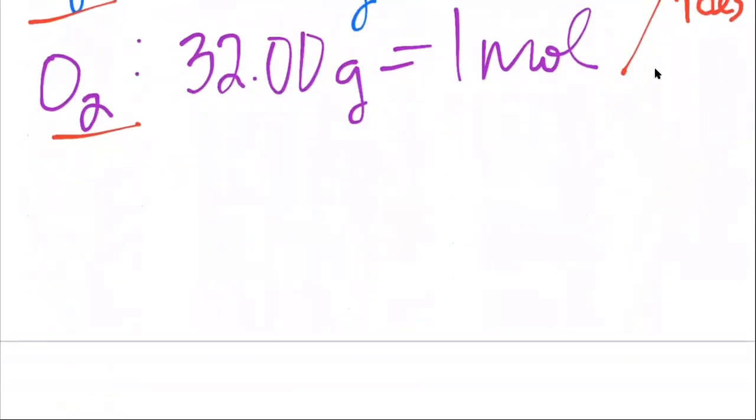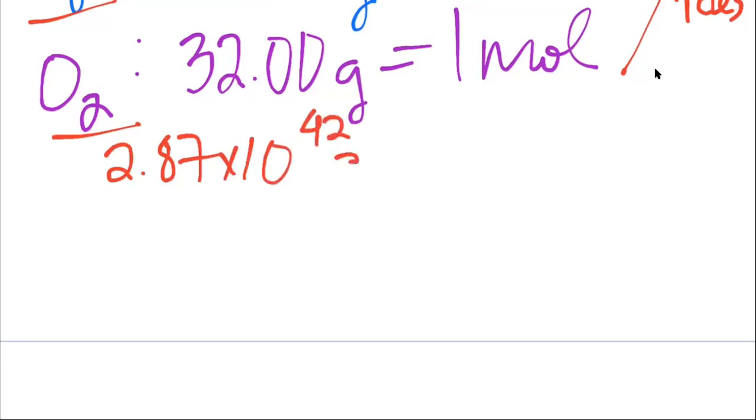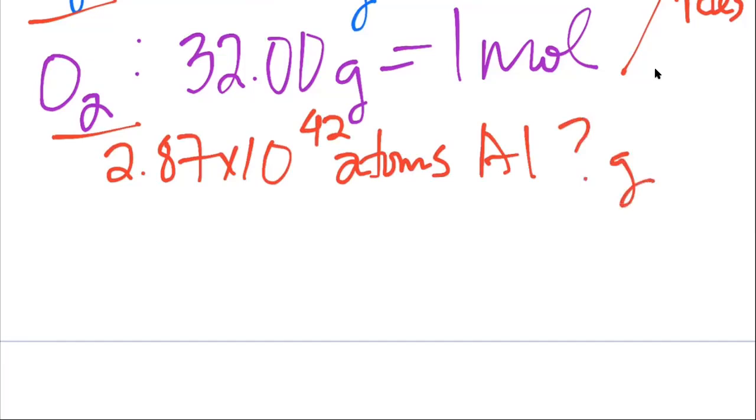a question like, I have 2.87 times 10 to the 42nd atoms of, I don't know, aluminum, okay? And I want to know how many grams is that. So they might tell me I have 2.87 times 10 to the 42nd atoms of aluminum. How many grams of aluminum would I need to measure out to have that many atoms? And so what you're going to do is, this is your known, your grams are your unknown. And so you'll set up a problem where you'll start with